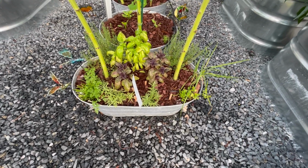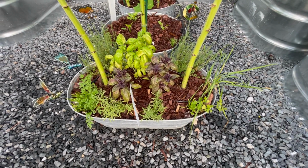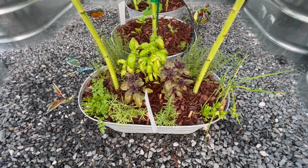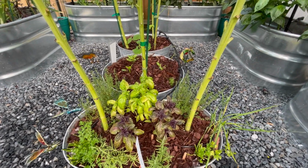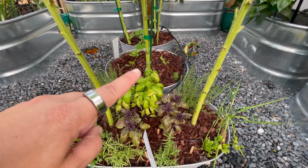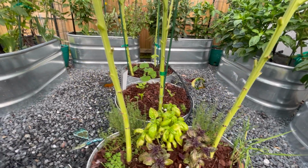The herbs are struggling just a little bit. It's been pretty hot here lately. However, they're all still hanging on. Luckily, this basil right here is the only basil that hasn't tried to go to flower yet, so I'm gonna leave it in there. We have some China asters down there in that one, and then if you see in the middle right there, that is